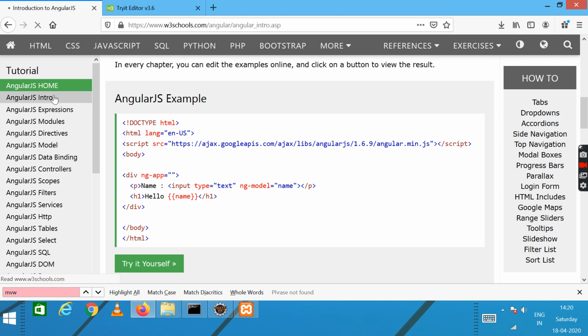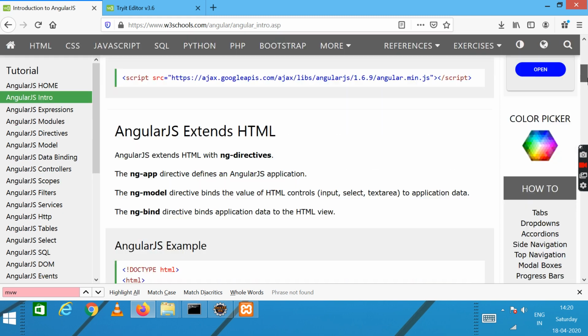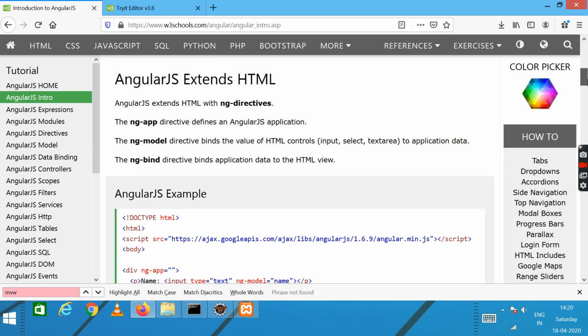Whenever we use AngularJS, it comes with its different popular directives and expressions, so we'll see those directives and expressions. AngularJS extends with three main directives: ng-app, ng-model, and ng-bind.